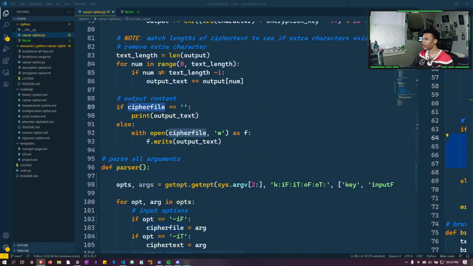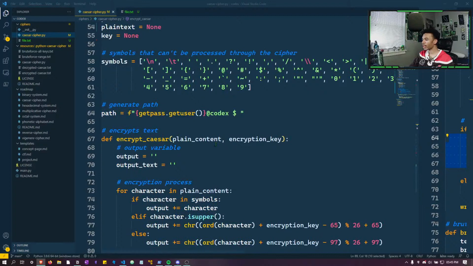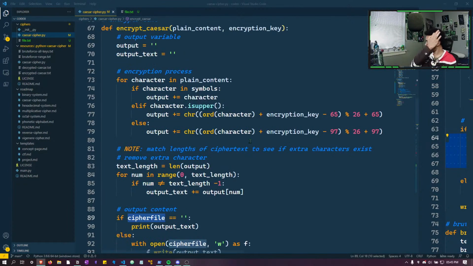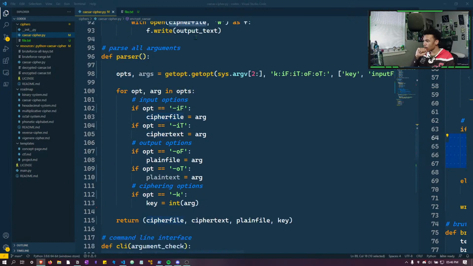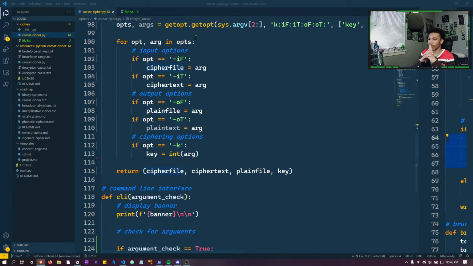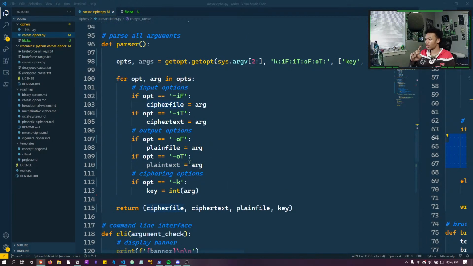Oh, encrypt Caesar. How do we encrypt? Oh, do we need to put files in for the Caesar? Plain content and the encryption key. Okay, so plain content. Okay, so we need to figure out. Okay, so I figure out what we need to do. We need to figure out whether or not the other arguments have values in them. So we have the key argument. We have, okay,